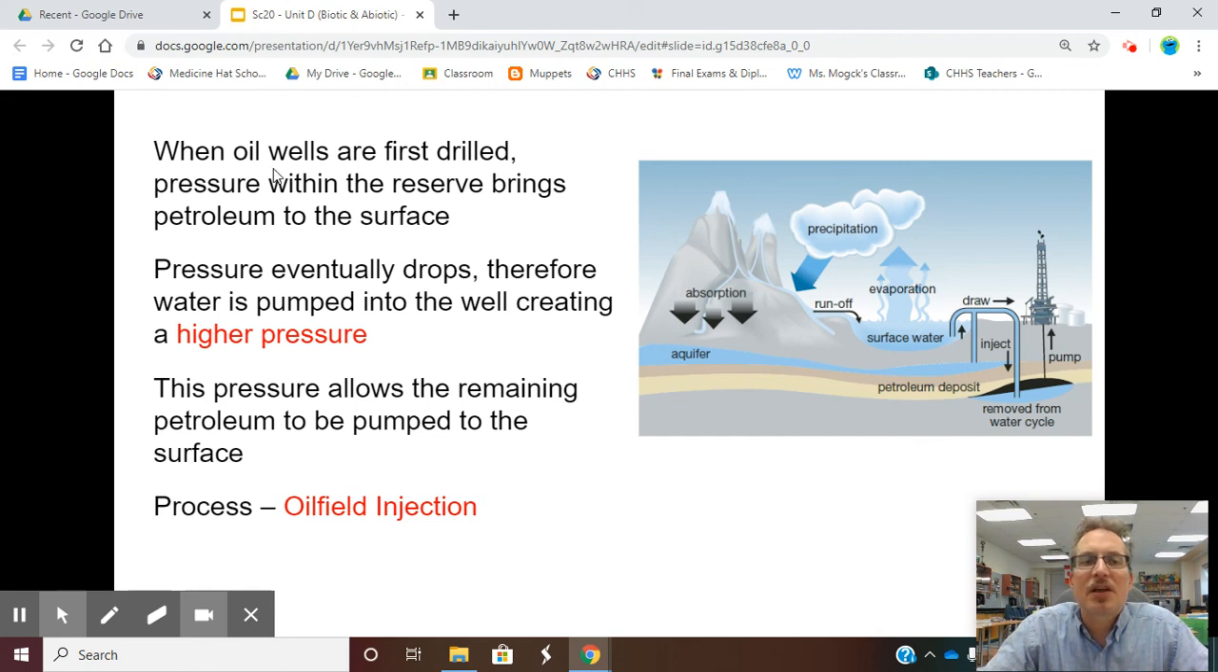So if we take a look, when oil wells are first drilled, pressure within the reserve brings the petroleum to the surface. So there's enough pressure underground that it's going to push it up naturally. However, eventually that pressure is going to drop. Therefore, we're going to take well water and pump it into these, creating a high pressure system that will allow the remaining oil and gas and petroleum products, crude oil, to come to the top where we can pull it. Okay, we call this process oil field